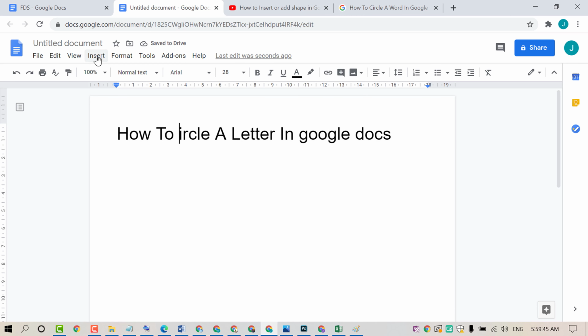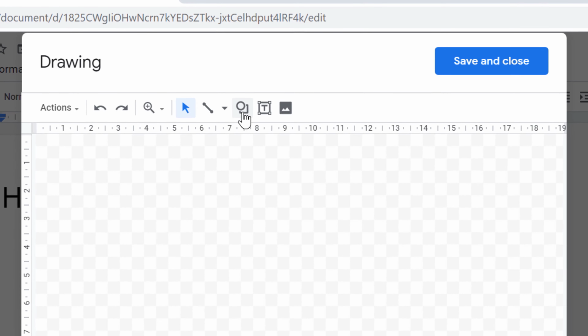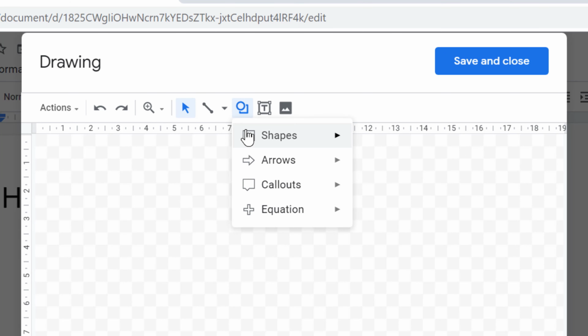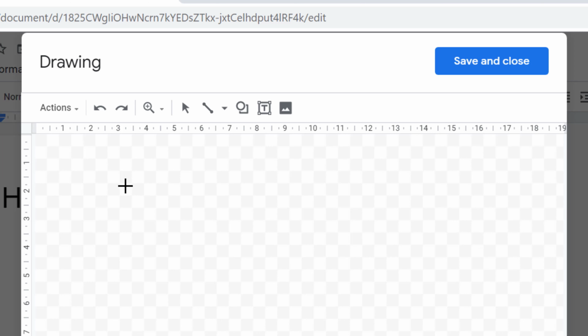Now click on insert, click on drawing and click on new. Now in here click on shape, hover cursor to shapes and select this oval circle. Now draw your circle,